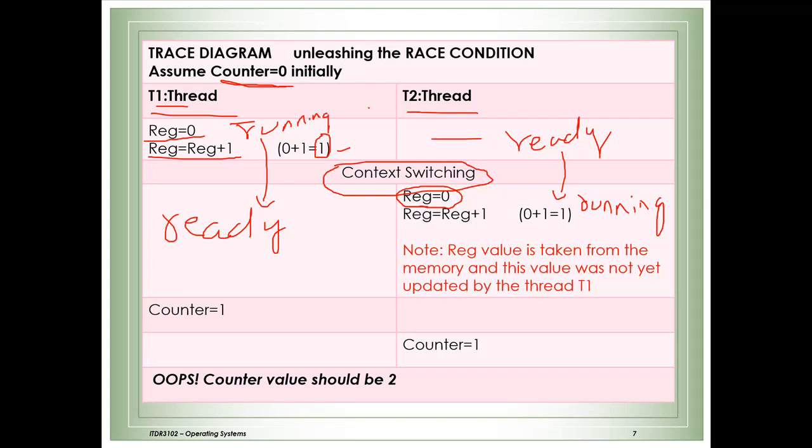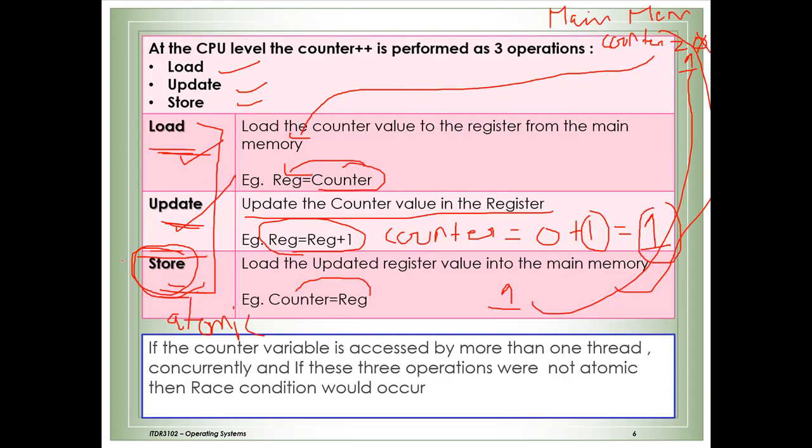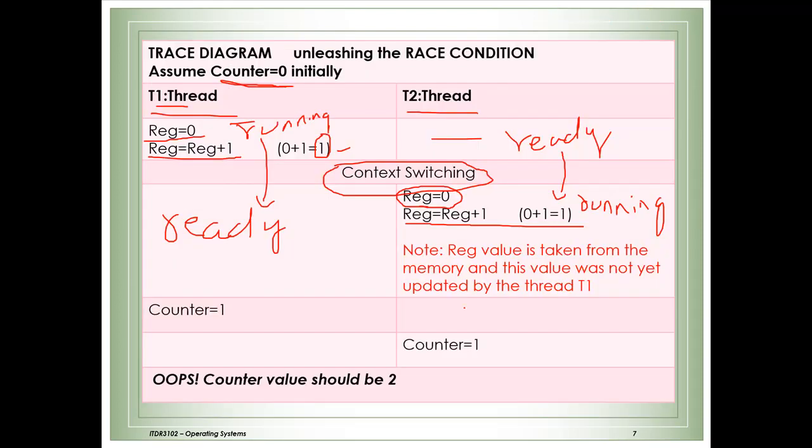Then at the register level, again the update takes place, 0 plus 1, and before